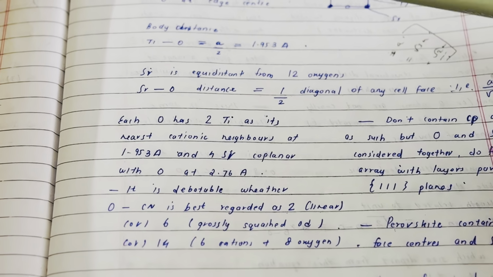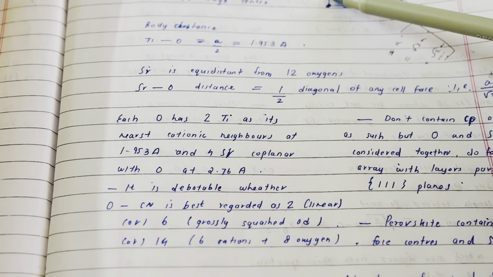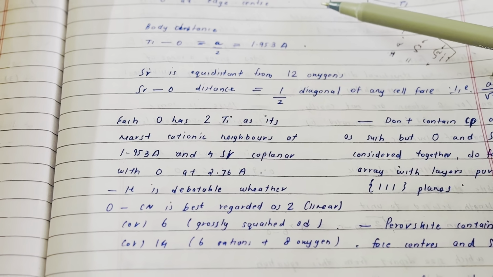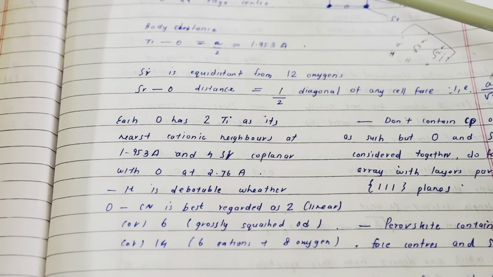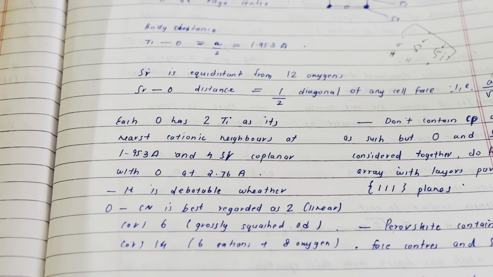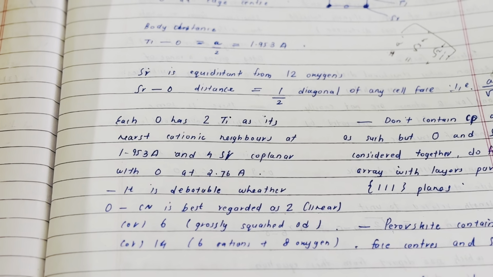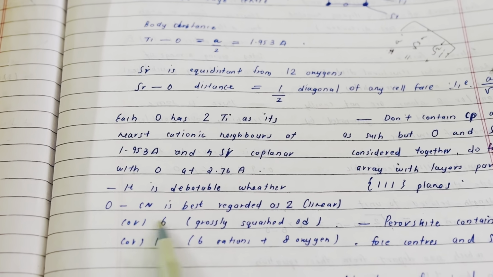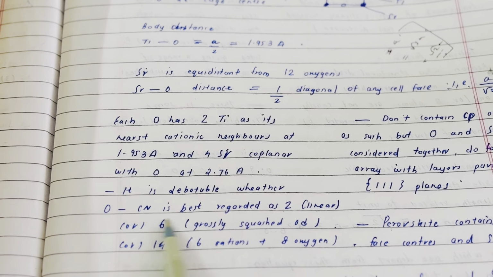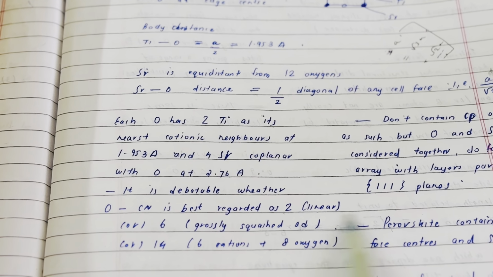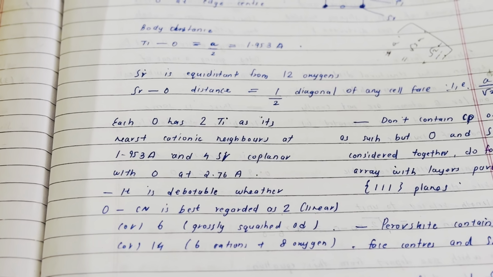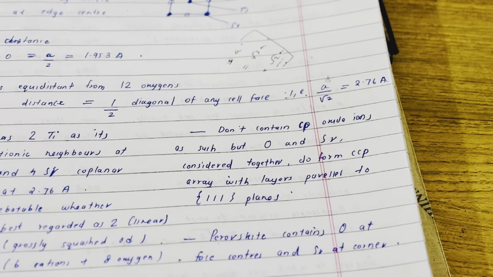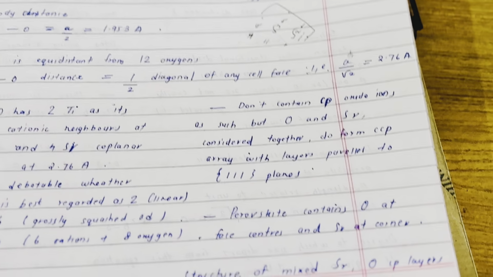So that is the strontium. Each oxygen has 2 titanium in its surrounding as the nearest cationic neighbor at a distance of 1.9, and 4 strontium in the face are coplanar with the oxygen at 2.7. So it is debatable whether oxygen is best regarded as 2 linear or 6 squashed octahedron or 14 coordinate, 6 cation. Okay. Perovskite contains oxygen at face center